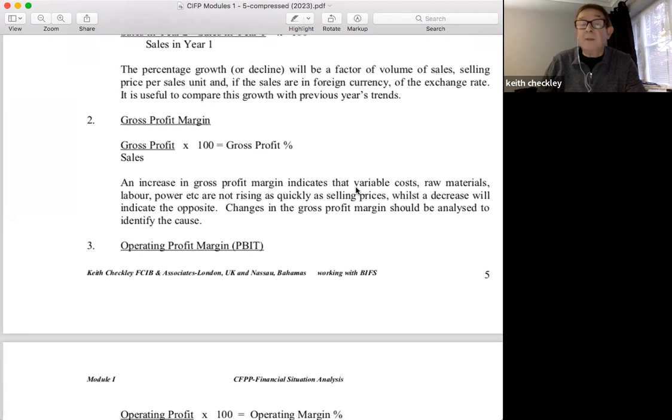Gross profit is one of the key ratios, and we calculate that by taking the gross profit and dividing it by sales. And generally, we'll express this as a percentage. This is a very powerful indicator in business, because what we've got, you see, is the sales less the cost of sales to give us this gross profit. Now, the gross profit's very important because that gives the business the profit that's available to go towards the overhead costs, the fixed costs of the business, and later to service any debt requirement from the income statement.